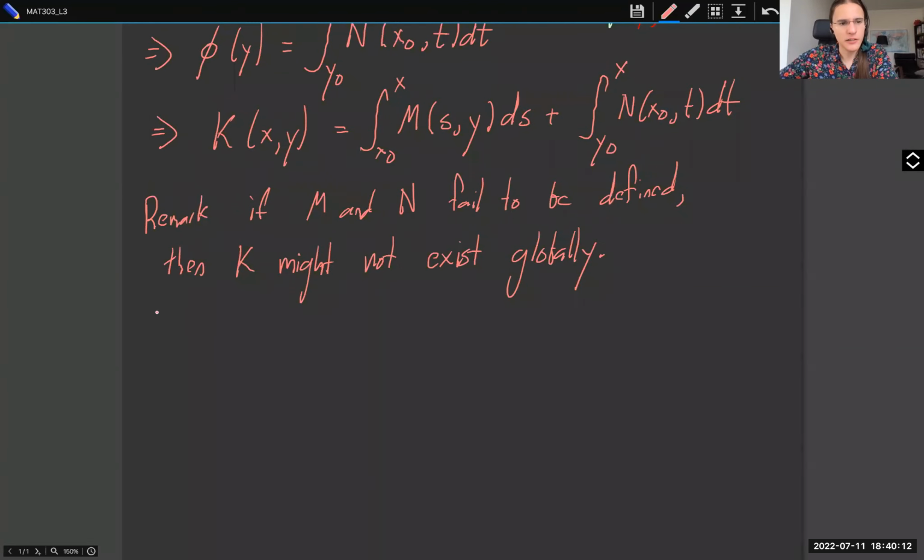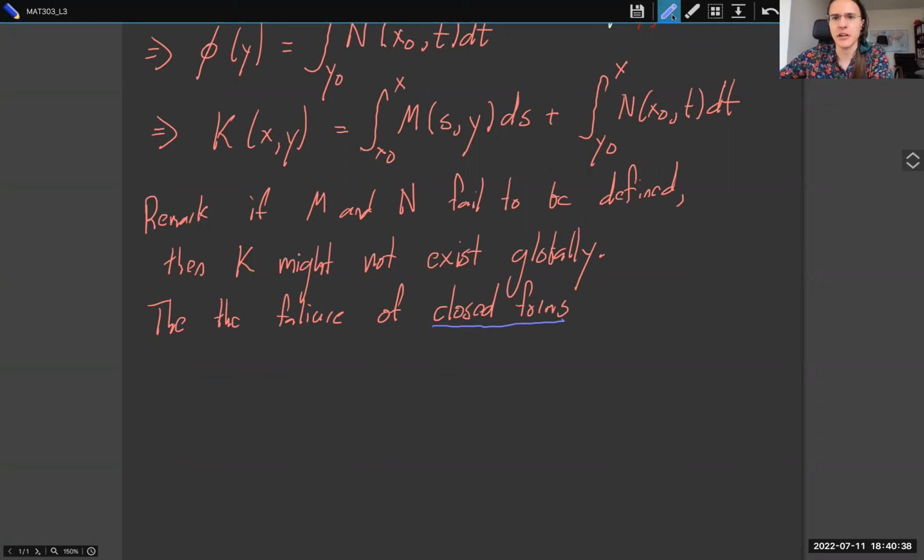So the failure, I will just say something from graduate math classes. This is going to be a term. The failure of closed forms. And these are things satisfying the equation. So closed forms are anything that satisfies the equation M_y = N_x. So if this equation holds, then the form is called closed. The failure of closed forms to be exact,